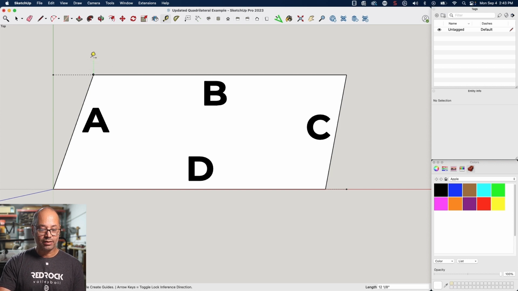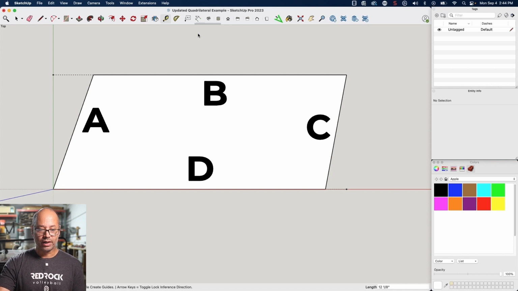It's just sort of hidden by the red axis, but if I go ahead and turn the axes off, you'll see that those guide points have associated with them those dashed lines, and it's just an indicator of where that sort of originated from. All right, now that I have those guide points, I can use those to directly establish